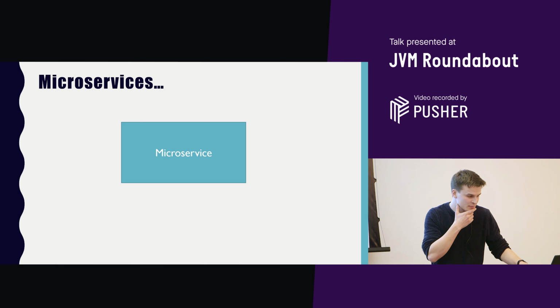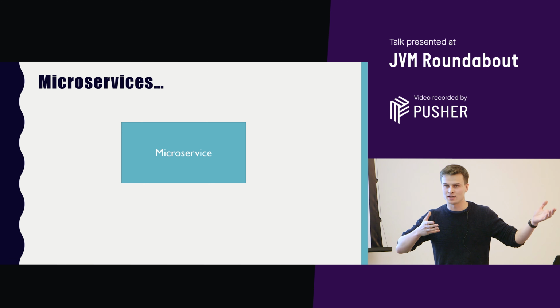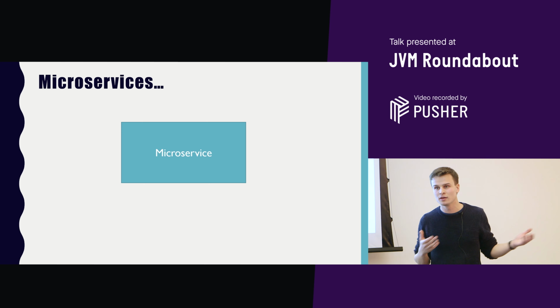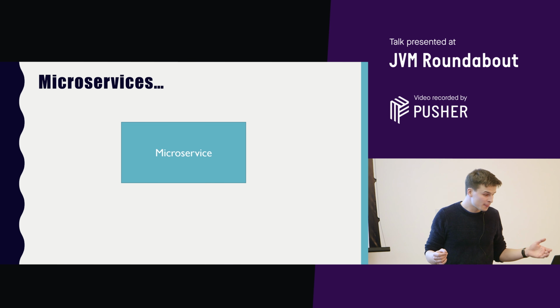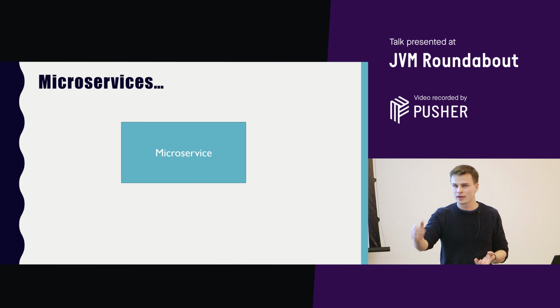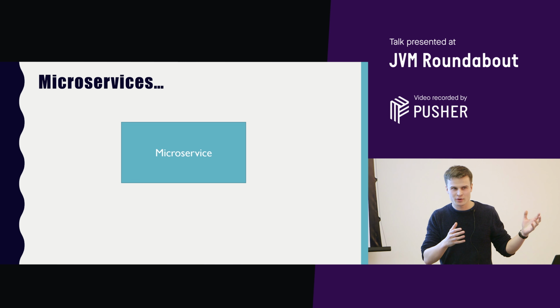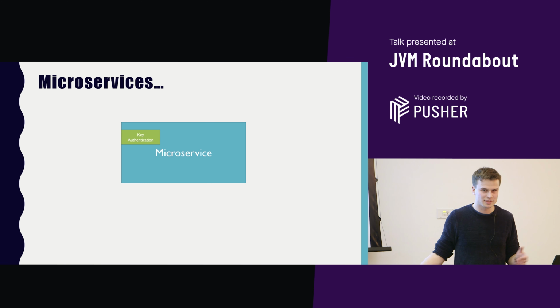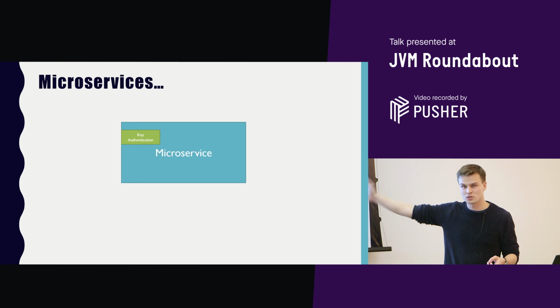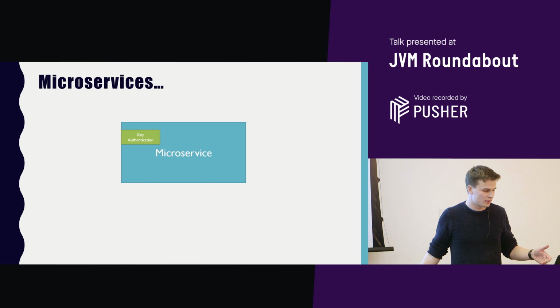You've got your microservice, and it does exactly what you want. You're implementing some API, you're implementing your business logic, and that kind of stuff. It's all going really well. And then you realize, OK, this API, we don't want just anyone to be able to access it. And when they do access it, we want to know who it is. So we need to put in some kind of authentication to our API. Great, you've got that now.